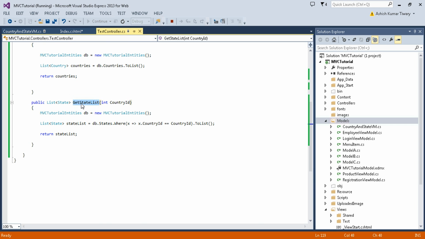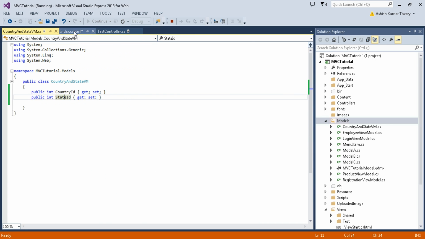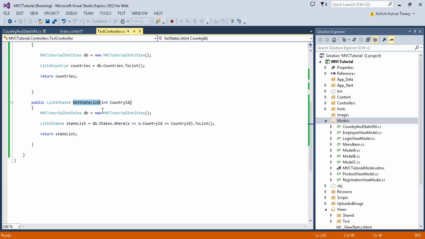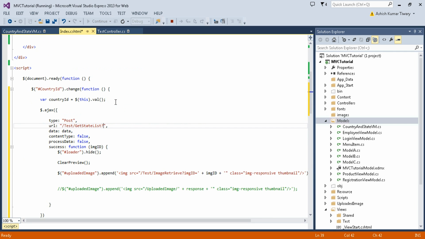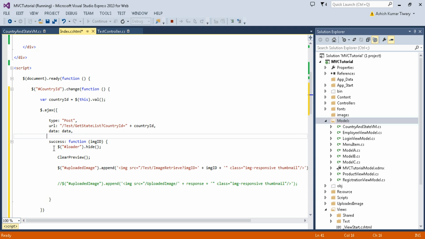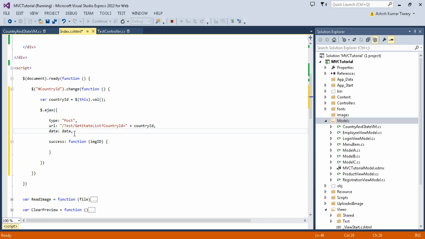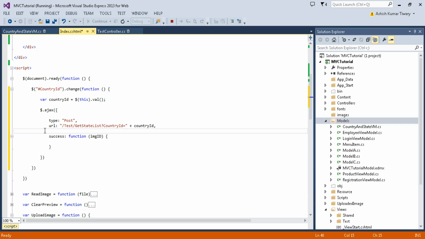So get a state list, and it requires country ID, okay. Country ID should be equal to plus this country ID, okay. And delete everything, delete that, and also delete that,